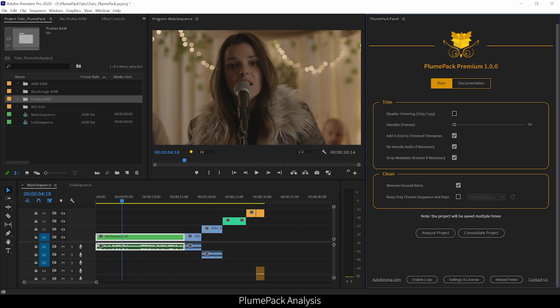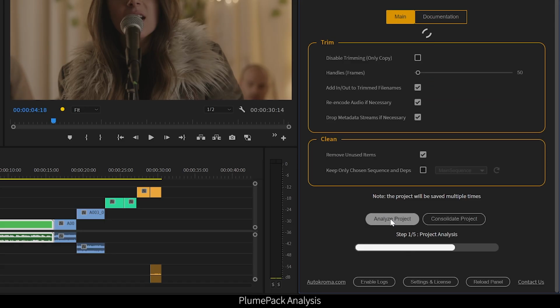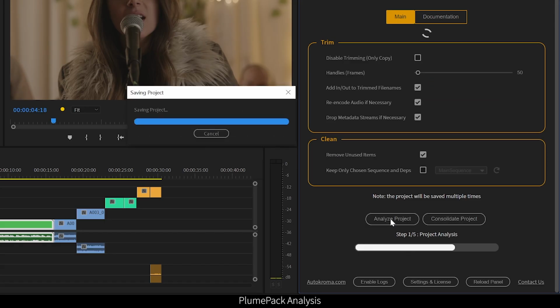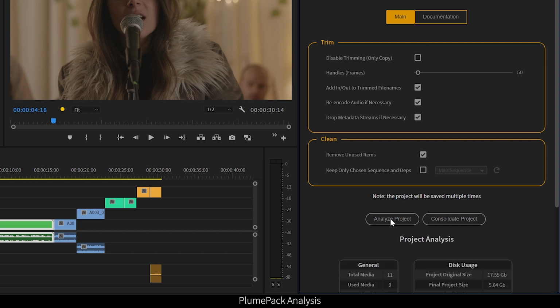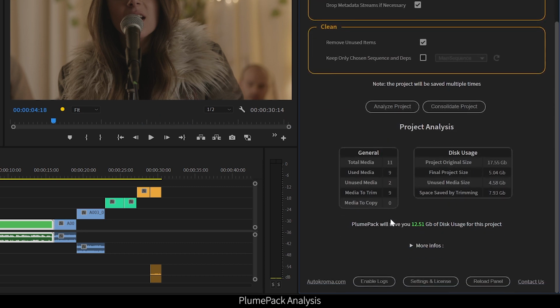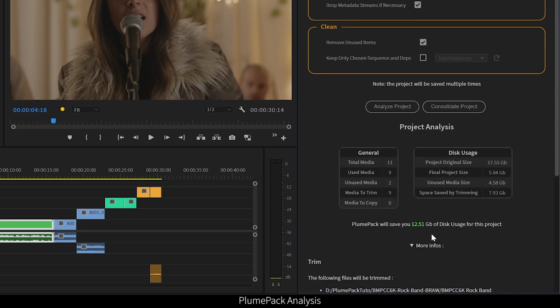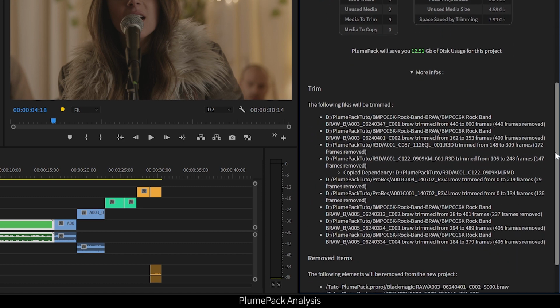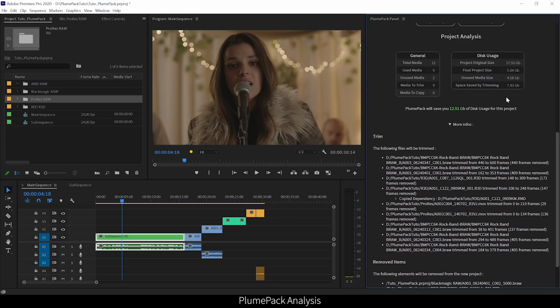So once you have set up your options, you are now ready to process your project. But first, you can get a quick idea of what is going to happen to your project by running the analysis button. You can get this analysis for free without any license. So just download and install Plumepack, then run the analysis on your project, and you will be able to know how much data you could save, how many unused items you have, and what will happen to each file independently